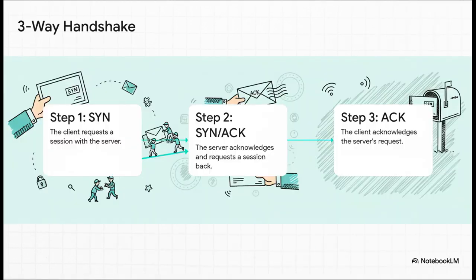This phone call is a super fast three-step chat. First, your computer sends a little message, a SYN packet, that says, "Hey, can we talk?" The server on the other end replies with a SYN/ACK, which means, "Yep, I'm here, I'm ready." Finally, your computer sends one last message, an ACK, that says, "Awesome, let's do this." It's this simple agreement that makes sure both sides are ready before any data gets lost in the ether.